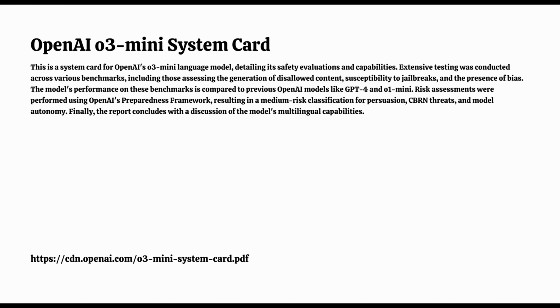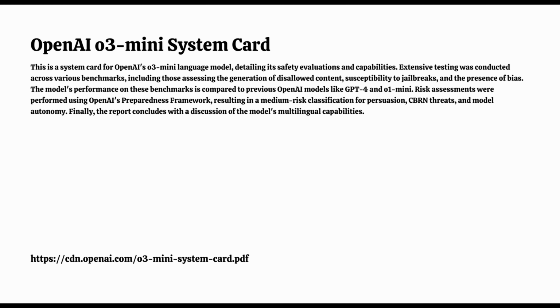Sounds good. One thing that's really interesting about O3 Mini is its enhanced reasoning ability. It uses a chain of thought process to think through problems. And it's also trained using a method called deliberative alignment, which in theory teaches the AI to reason about safety guidelines. It's almost like teaching a child not just what the rules are, but why those rules exist in the first place.